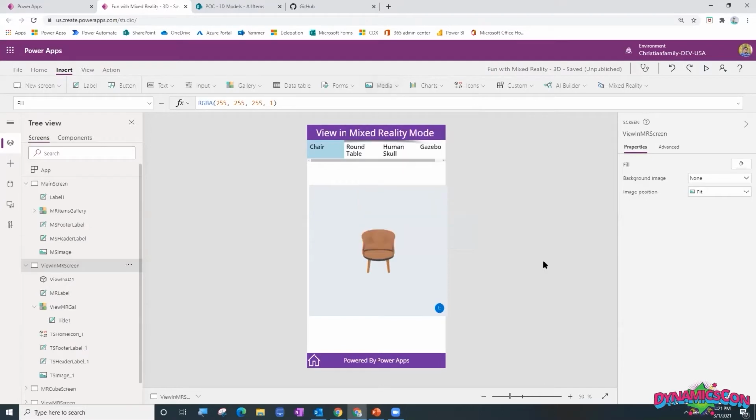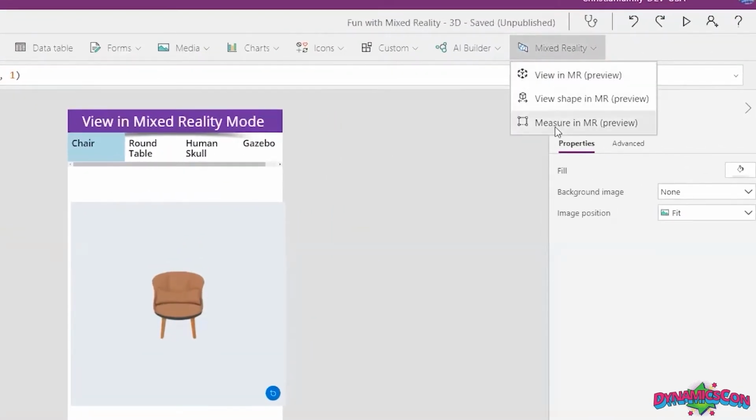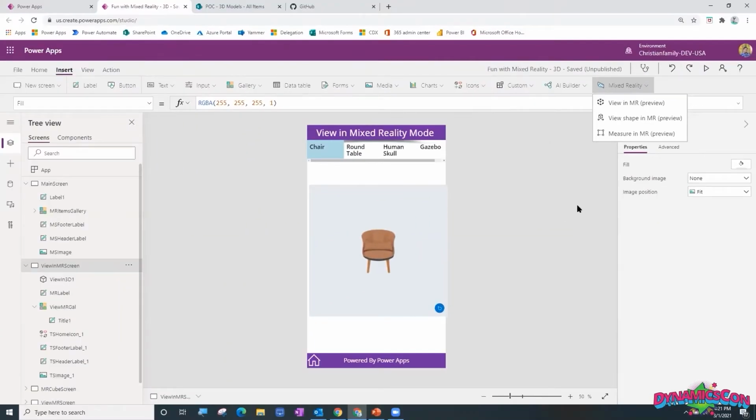And then now when you have that 3D mixed reality turned on, you will see this option in the insert ribbon. And in the insert option, there's all these different tools, like the measurements, viewing it in the 3D mode, and so forth over there. These are all the tools, and this is very available. But I want to jump in and show you some fun examples.